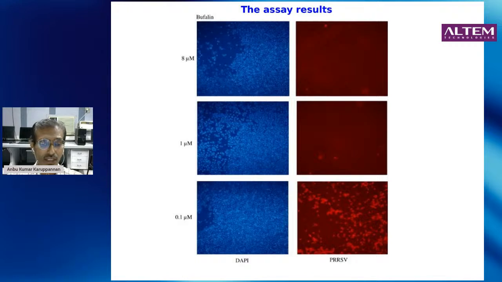So this assay was done in a 384 well format, so it's a high throughput assay. And when we did our experiments, we were able to identify at least 19 compounds which were inhibiting the virus replication. But unfortunately, none of them were able to prevent the entry of the virus. That was kind of expected, because only antibodies can do that. Antibodies bind with the virus and neutralize the virus, thereby preventing the entry of the virus into the cell. But in our screening, we could not identify any of them which blocked the entry of the virus.